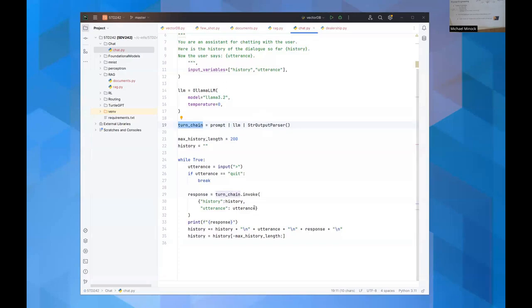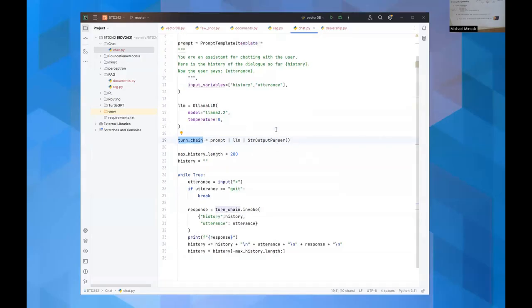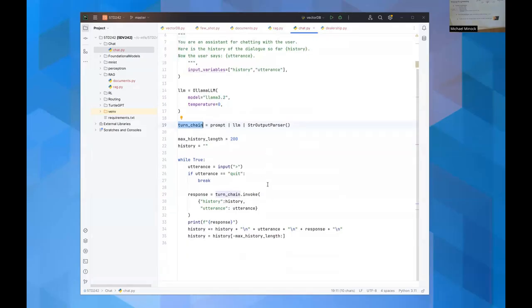Turn chain here, response. Let's see, where does response come from? The response is the result of the invoke. So it runs through the chain. Again, there are hidden things going on here deep in the bowels of LangChain. I mean, it's elegant, I'll say that, but I would almost prefer just to have a straight library. But anyways,